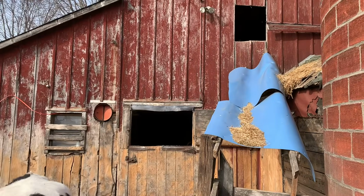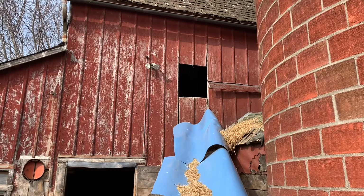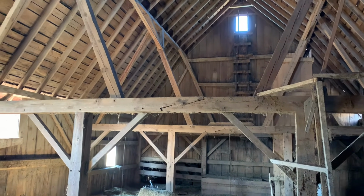So next we'll jump up in the haymow, which is my favorite part. It's just basically untouched. You can see all the architecture, all the pegs, and then we'll take a peek out that window. Now I'm up in the haymow, my favorite part of any barn,